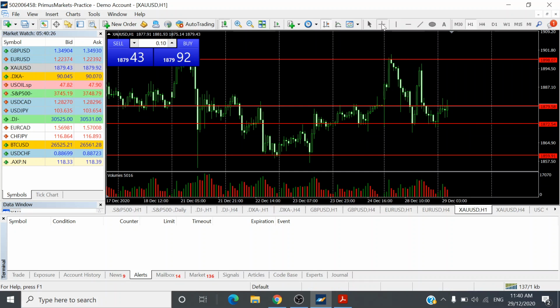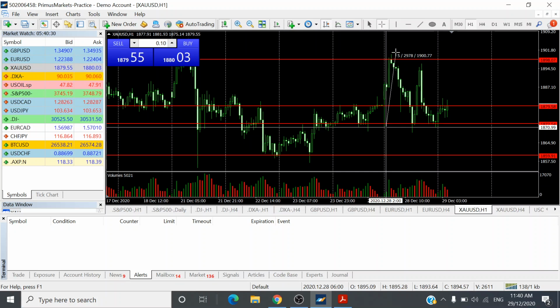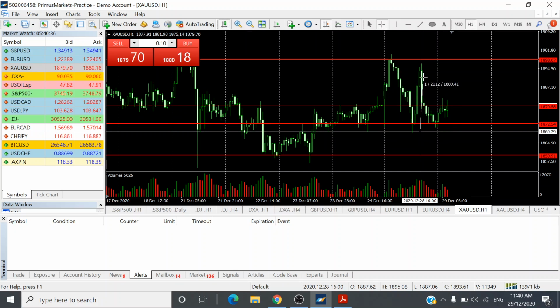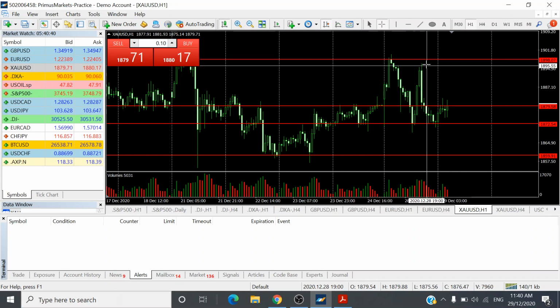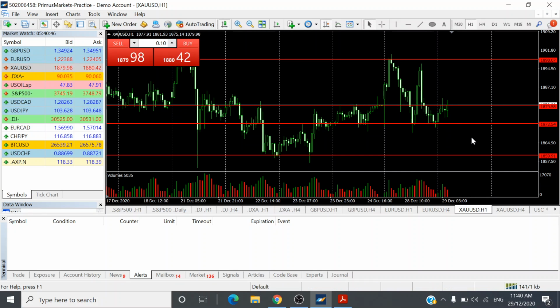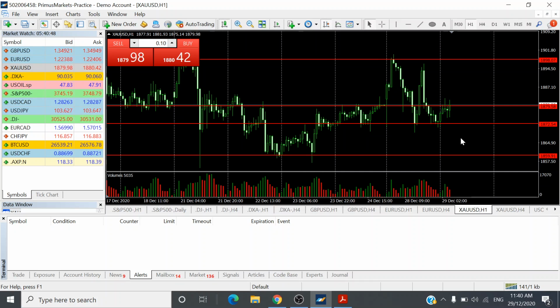Okay, so gold prices were pretty active yesterday, surprisingly, going up 30 US dollars and then coming back down 30 US dollars, and then again pushing back up about $26, and again pushing back down another $26. So there were actually one, two, three, four cycles for gold yesterday. Okay. So interesting times happening at the moment.